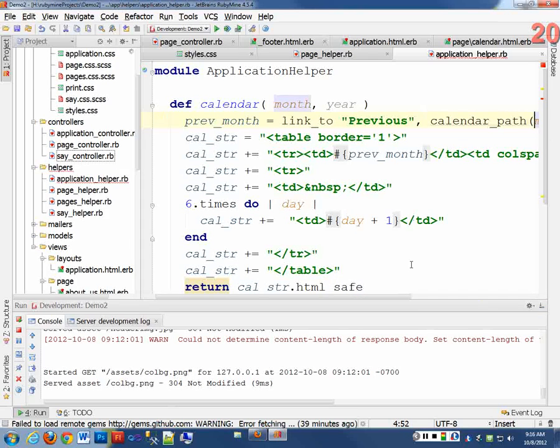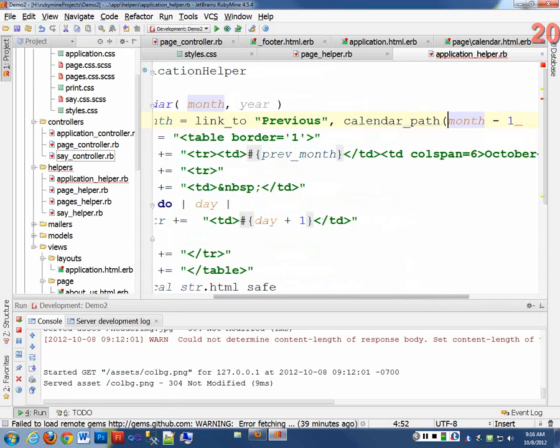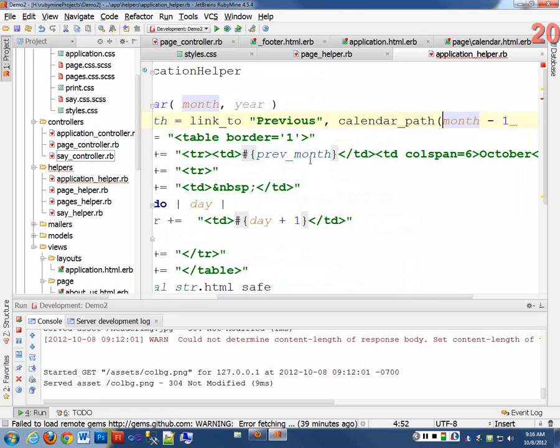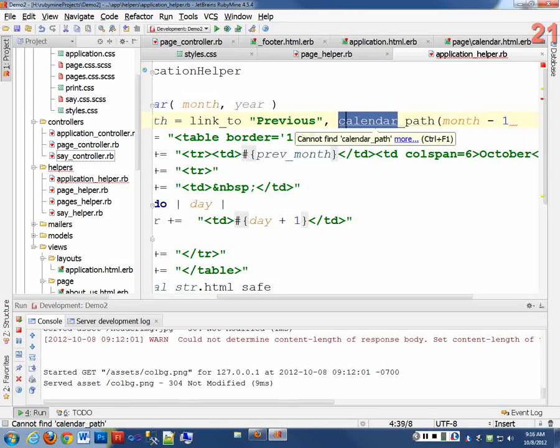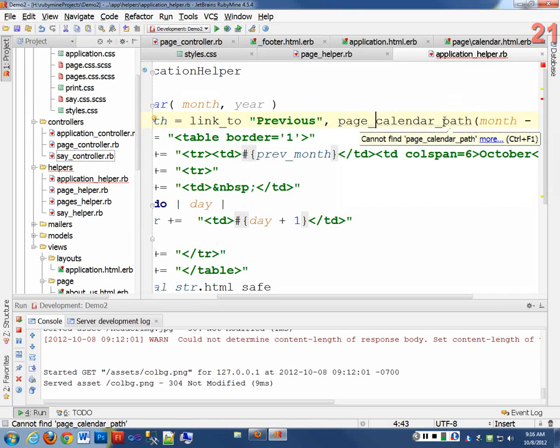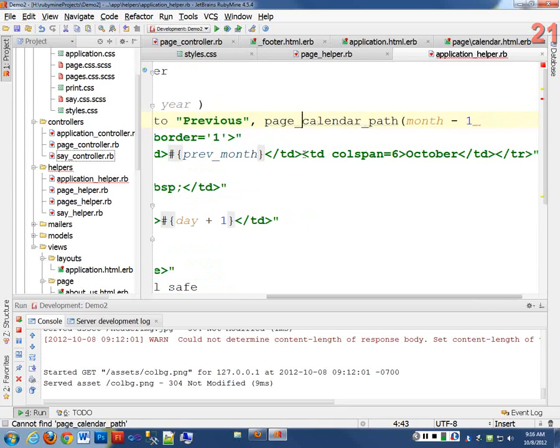All right, so remember in the routes file, when I did the rake routes, it created these variables for me. So I already have I think it was called page calendar path, and I can pass that. That's a method in Ruby or Rails that lets me pass information along to that. So I'm going to pass in a month minus 1, and that will be my